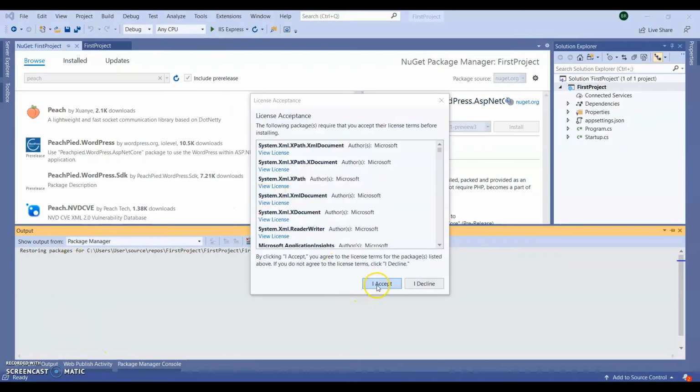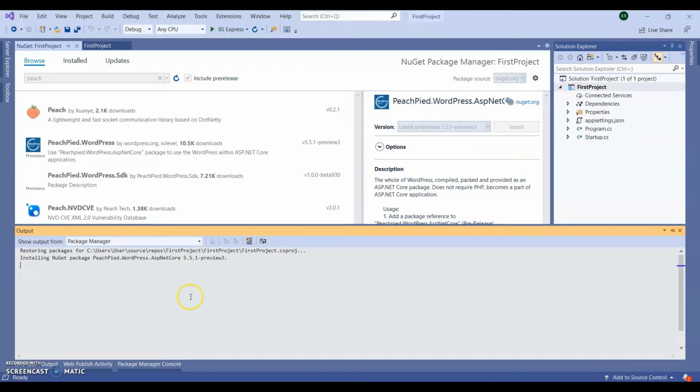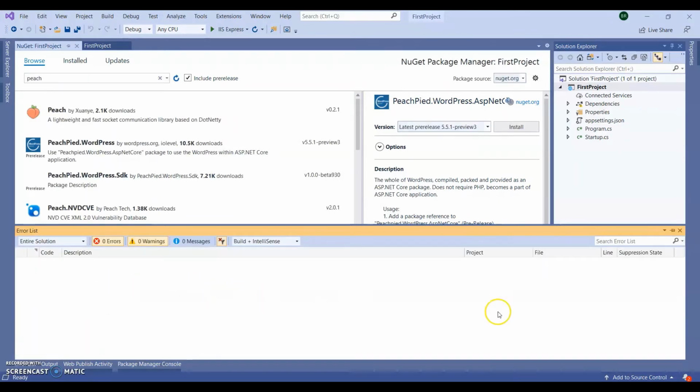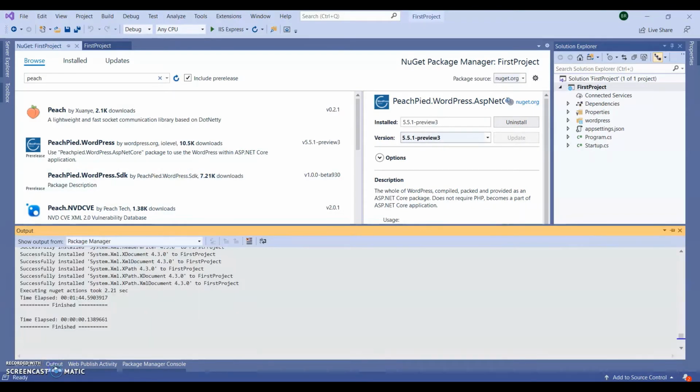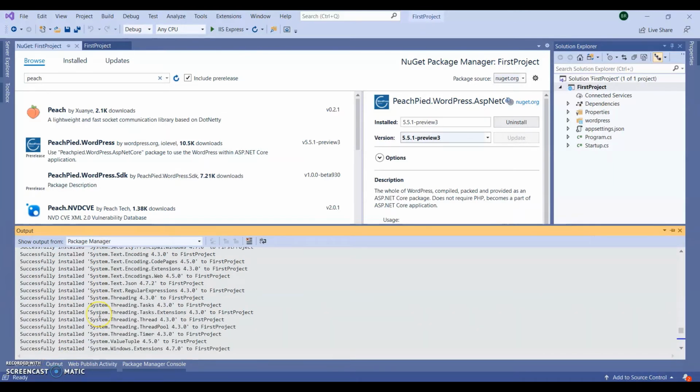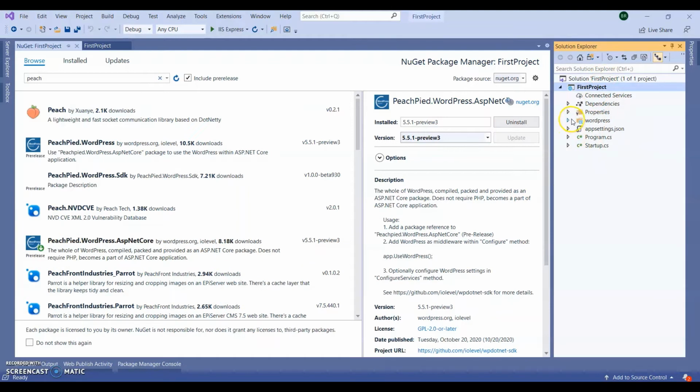Click on accept. Let the package install. So you can see all our packages have been installed, and in the Solution Explorer you can see a WordPress folder has been added with everything: WP admin, WP content. So our NuGet package has been installed.